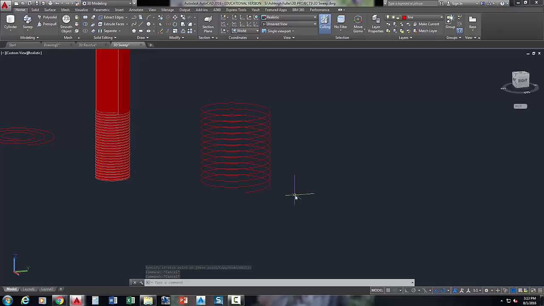It's totally not a part of the sweep command, but since I had a helix in there, I figured I'd show you how to do it. So I want you guys to do that, and